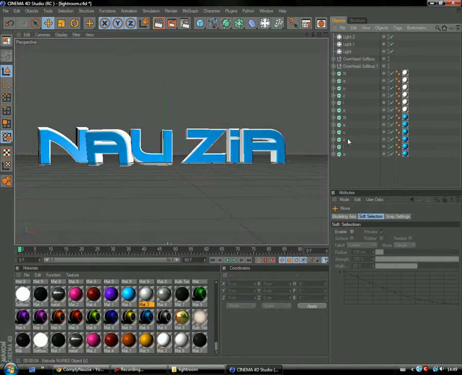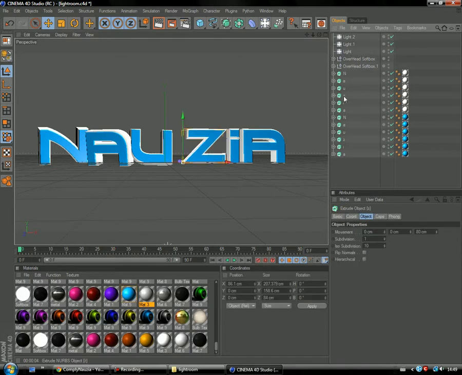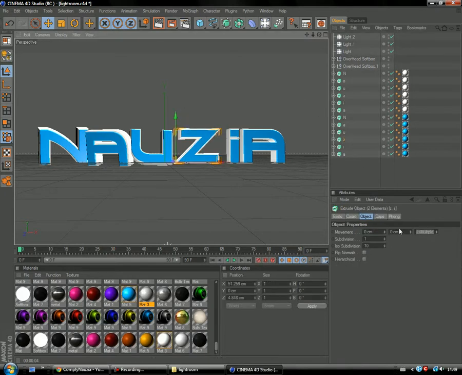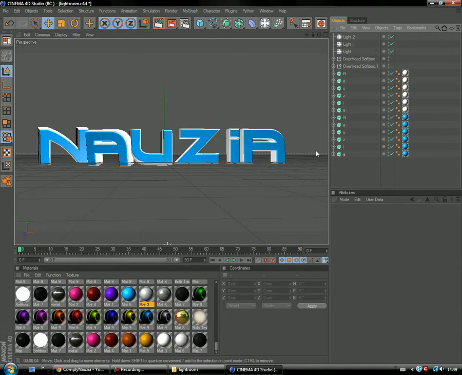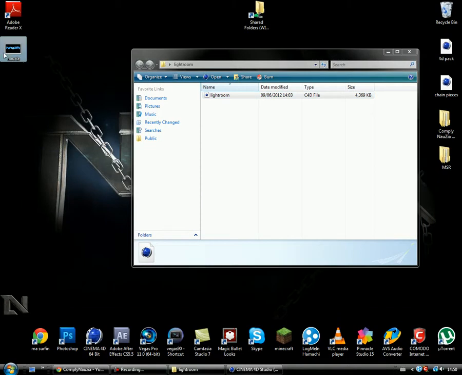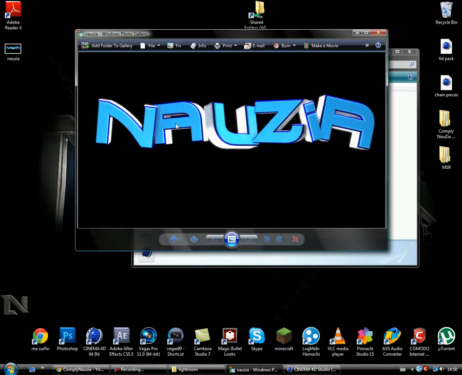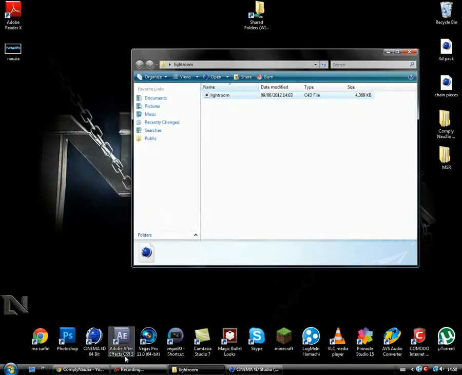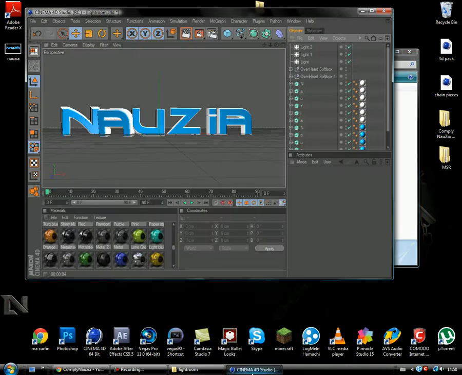So you want to do that for all the letters, and then I'm just going to skip the letter bit, I'll do it at the end. Then you want to get a secondary colour. If you see on this, I'll just minimize and open this again. You see you've got the blue outlining around here. What you want to do is get the colour that you want the outlining of the letters to be,